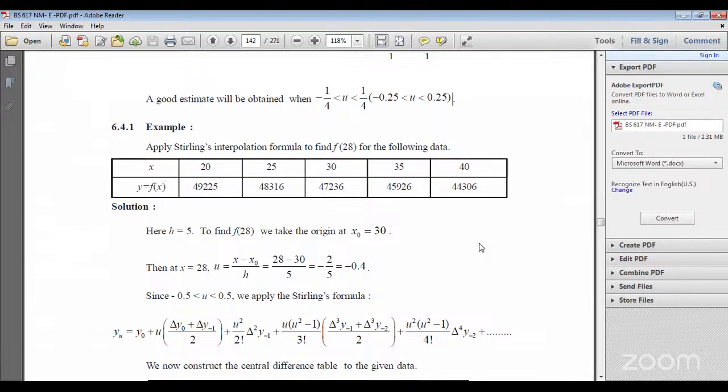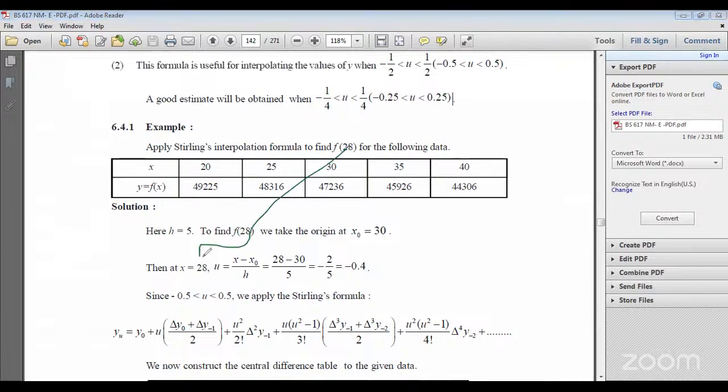Here h is equal to 5. Find f of 28, with x naught equal to 30 and x equal to 28. So u is equal to (x minus x naught) by h, that is (28 minus 30) by 5, taking 30 as the center value, which is minus 2 by 5, equal to minus 0.4. Since minus 0.5 is less than u which is less than 0.5, we are applying the